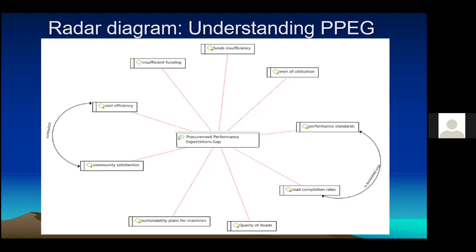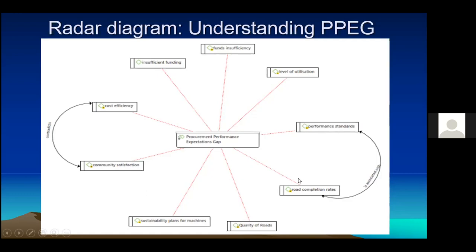that there is insufficient funding, there's a low level of utilization of equipment. Sometimes they remain dormant, they don't have fuel, operators are not there, they are poorly paid, performance standards are also questioned, the use of standard inputs as opposed to easily accessible inputs, road completion rates. In most cases, roads are abandoned, they're not completed on time. I'm sure quite